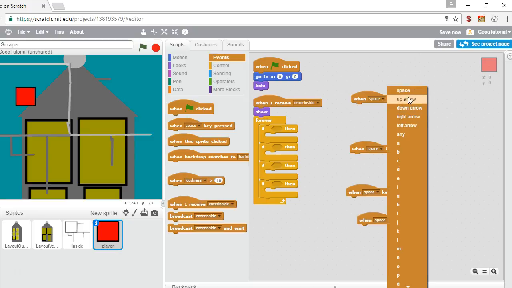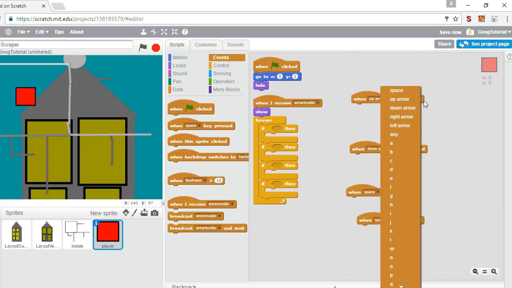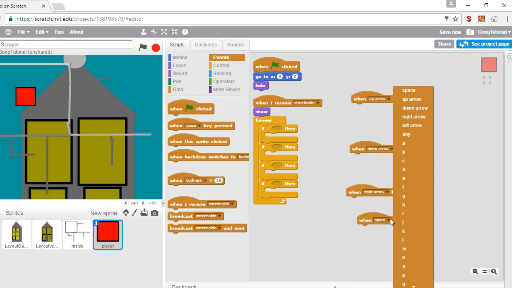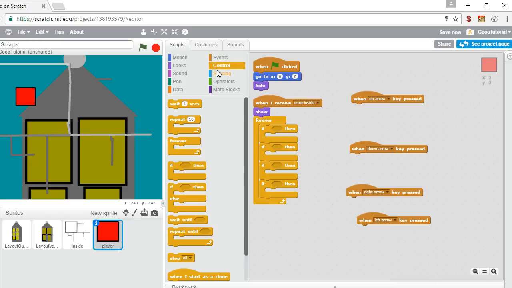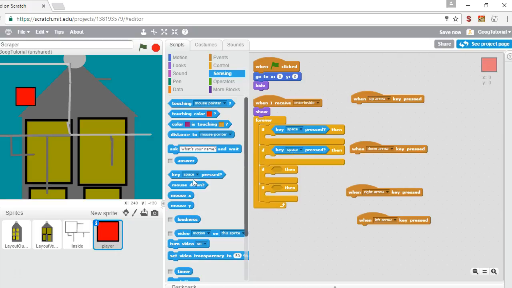If, or this. Up arrow, down arrow, left arrow, right arrow. If space key, nope. Space key, nope. Okay, so